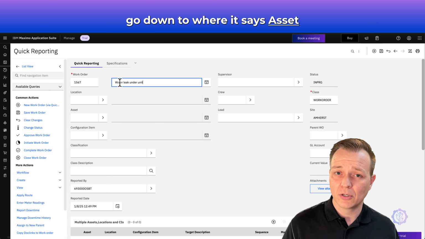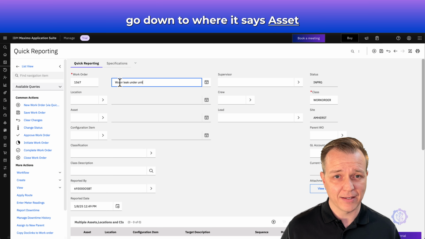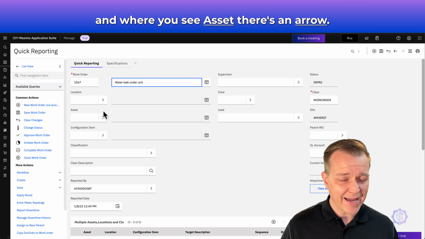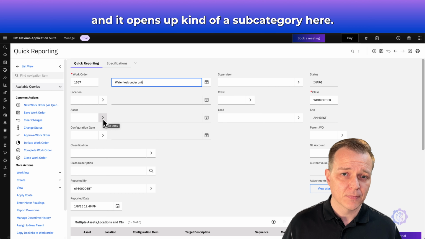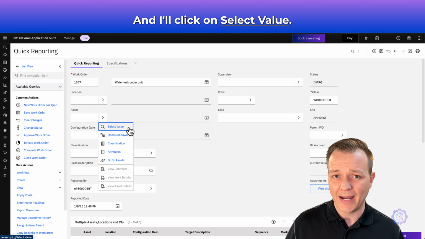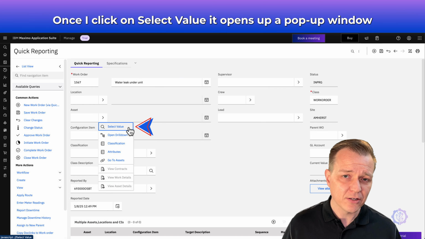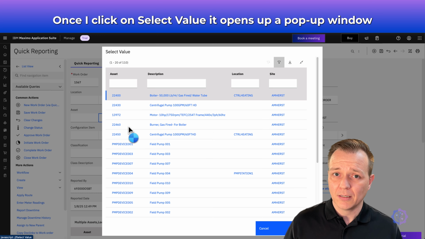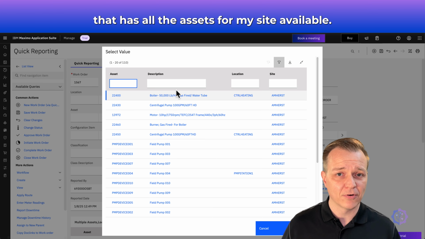I'm going to go down to where it says Asset. And where you see Asset, there's an arrow. I'm going to click on that arrow, and it opens up kind of a subcategory here. And I'll click on Select Value. Once I click on Select Value, it opens up a pop-up window that has all the assets for my site